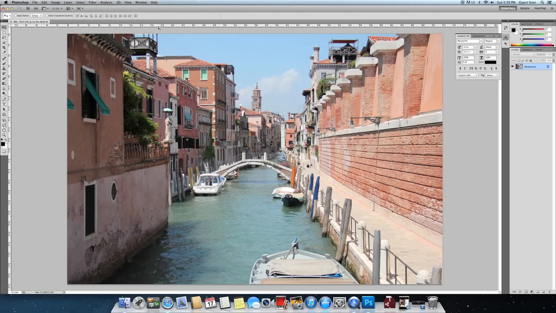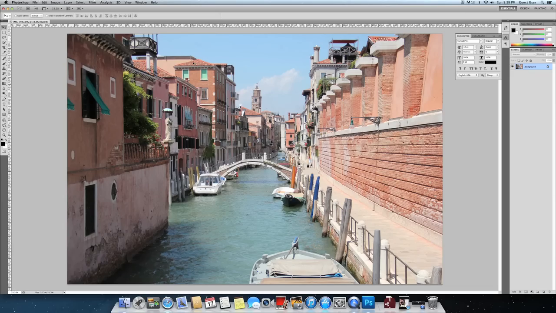I think the default setting may be inches, but for basically all the assignments that we're going to do here, we want to make sure we're in pixels. And pixels, if you're not familiar, is another form of measurement, and it's basically the standard measurement for all types of internet graphics and digital media graphics. So right now you can see that this is 0 across the top measurement here. This is 0 in this corner, and all the way over here is almost 5,200 pixels wide,